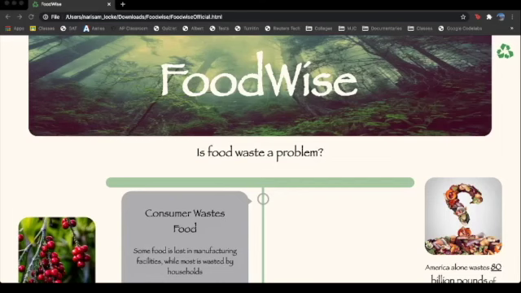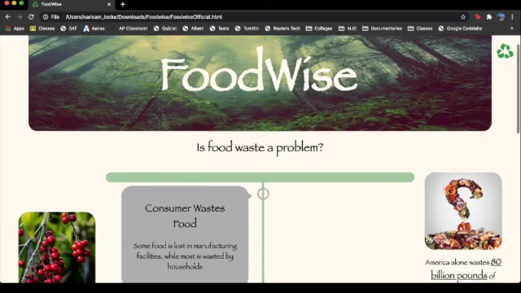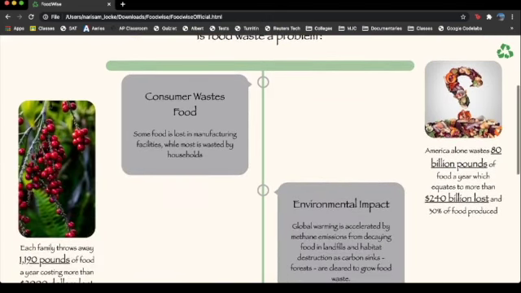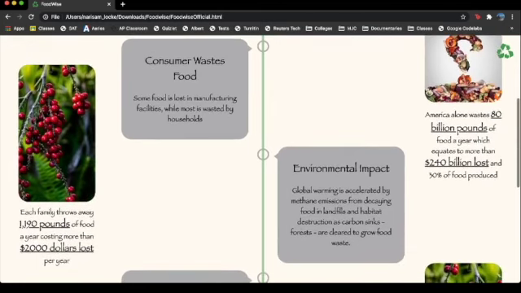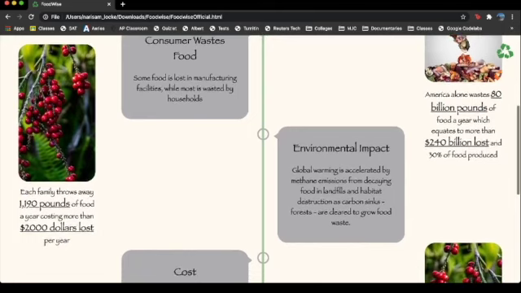Food waste is a major issue both globally and in the United States. America wastes roughly 40% of its food, and this value amounts to about 125 to 160 billion tons of food each year. Close to $220 billion are spent in growing, transporting, and processing food that ultimately is wasted each year.